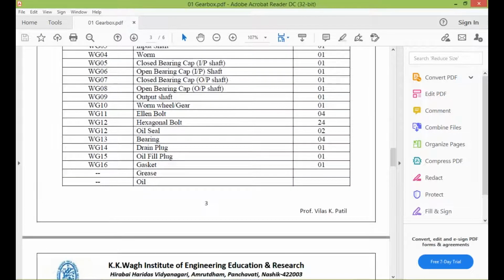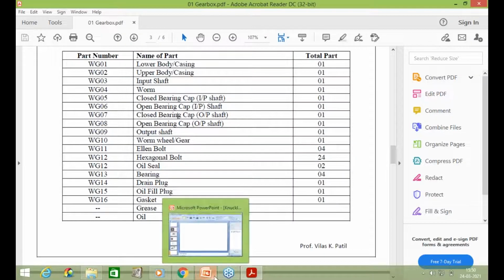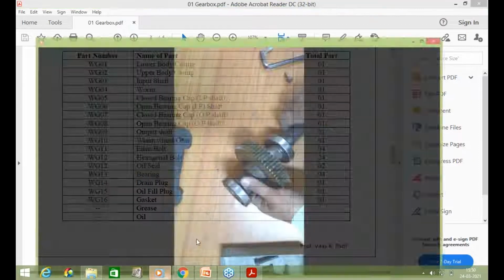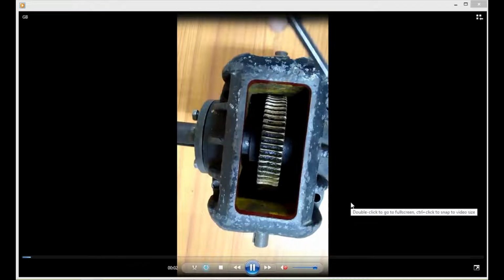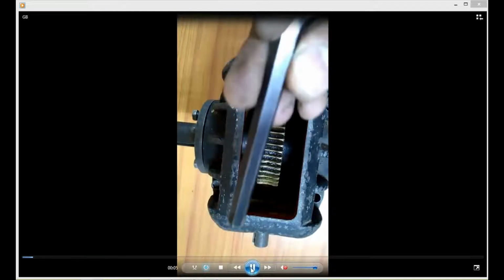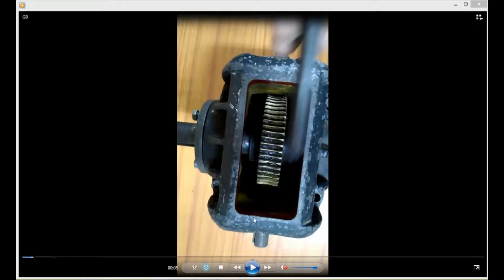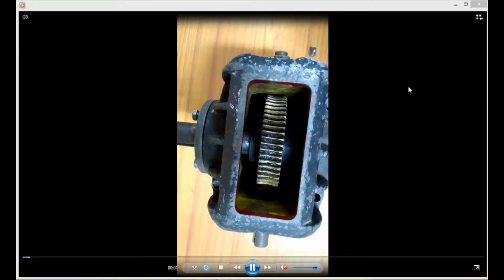Okay, so our aim is how to disassemble the component. Our aim is how to disassemble the gearbox. So here, pay attention, I will explain. So it's the actual practice. This type of gearbox model is available in our model lab, right? It's a cut-section gearbox model. The topmost part of this gearbox is not available, right? And before that you can observe the different types of tools required for disassembling the gearbox.